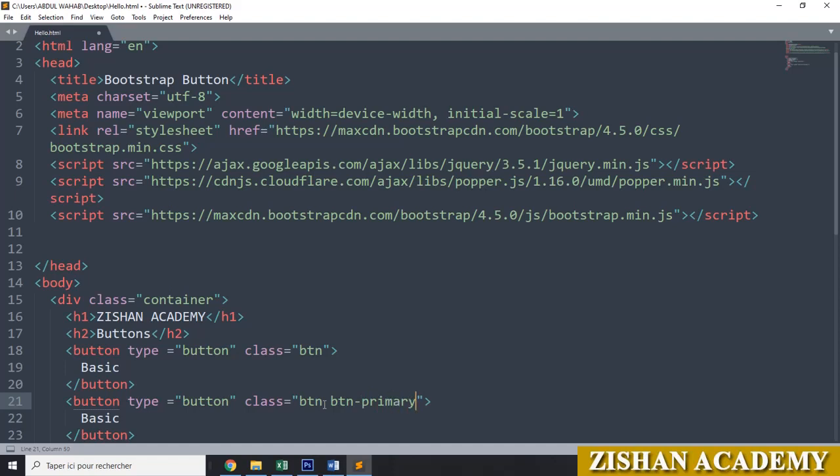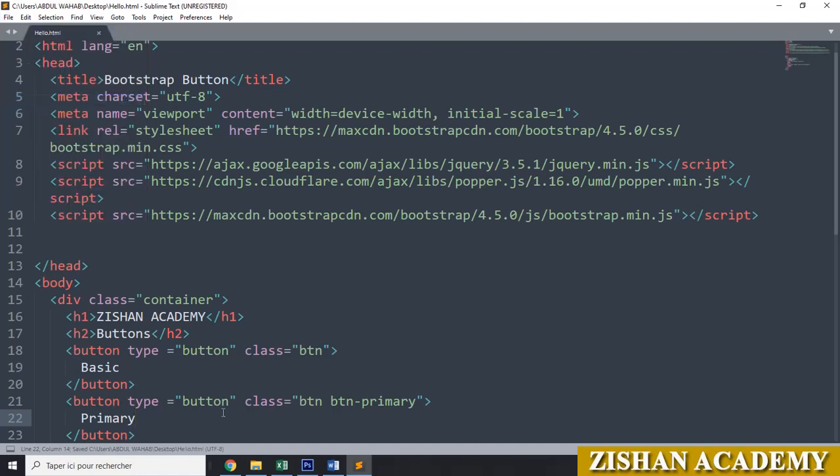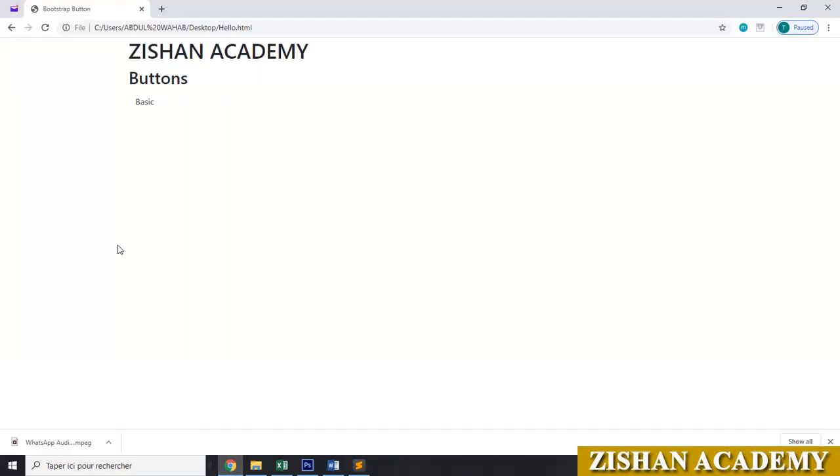Then in the content, in the message, you can give it here primary or whatever you want. Just go to file, save the file. You will see the second button now here in the browser. Refresh the browser. You can see now this is the basic button, and here we got the Bootstrap button. This is the primary color.